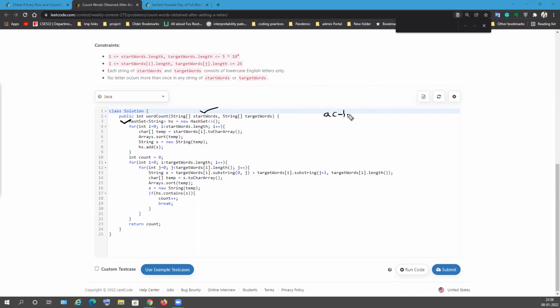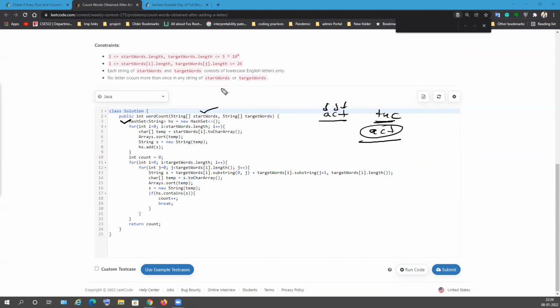Like if this is act, it is already sorted, right? If some word is there, like tca, I will sort it like act and insert it into our hash set. So why are we doing it? Because the only thing that matters for us is whether all the characters are there or not.